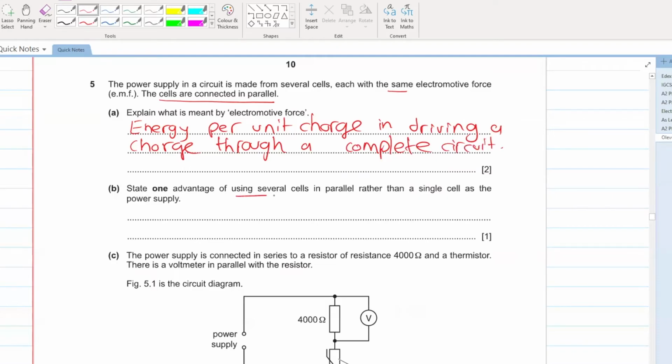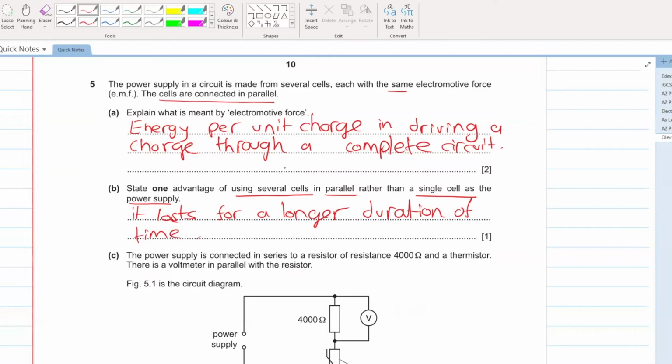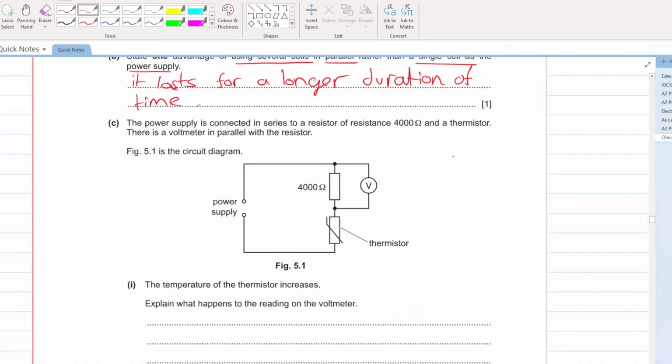State one advantage of using several cells in parallel rather than a single cell as the power supply. Beta, what would be the advantage of several cells in parallel? It lasts for a longer duration of time. Perfect, let's move ahead. The power supply is connected in series to a resistor of 4000